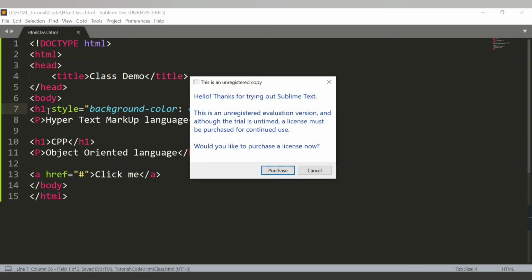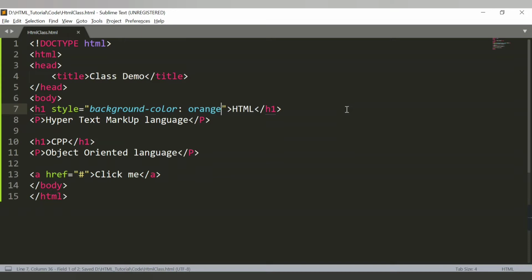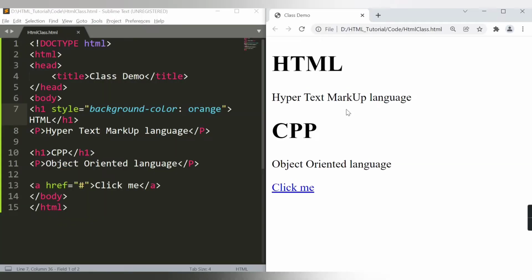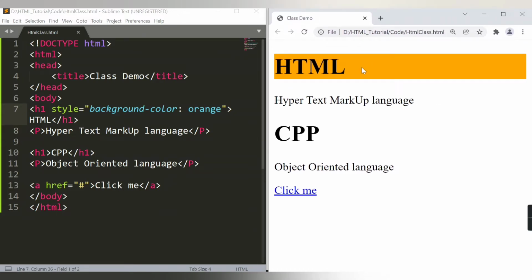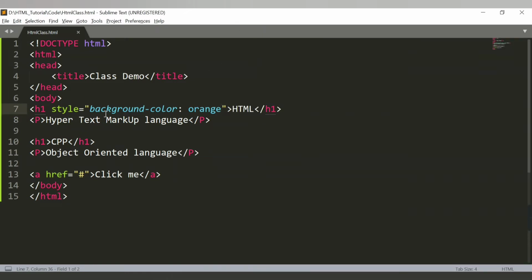If I try to save it, and if I try to refresh the browser, see, now I have added style to this particular html.css. So that's why I'm able to get this as in background color as orange. So in this way, if you want to add a style, you can add to that particular tag. But instead of adding to a particular tag, you can also make use of class. So with the help of class, the attributes that you provide inside the class, that will be used by all the tags. Let me show you demo for this.